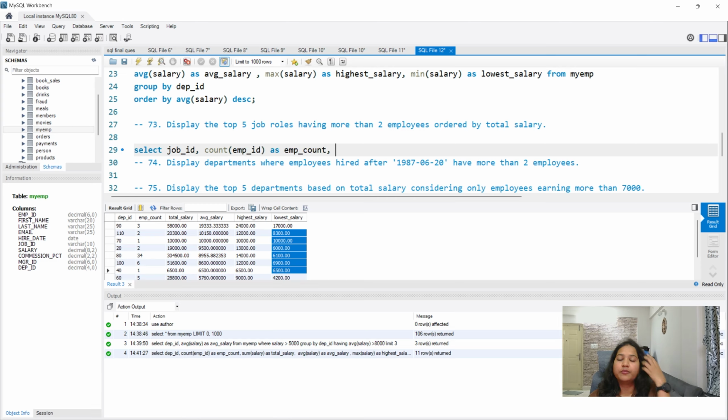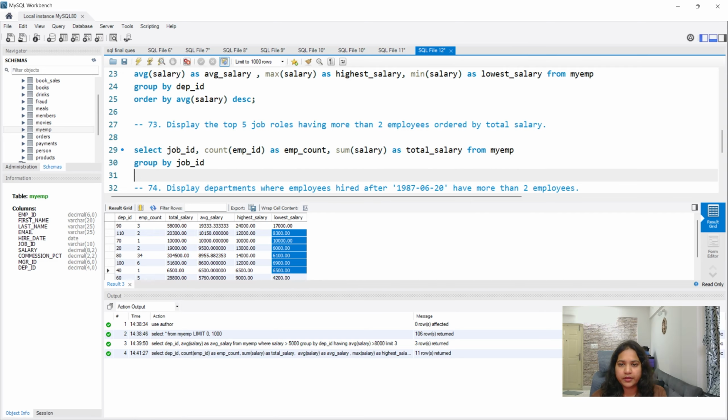Then they're saying order by total salary, so sum of salary as total_salary from MyEMP table. Then you group everything by the job_id, and then you have to take having count of employee_id greater than 2, and also order by total_salary and also put a limit of 5.